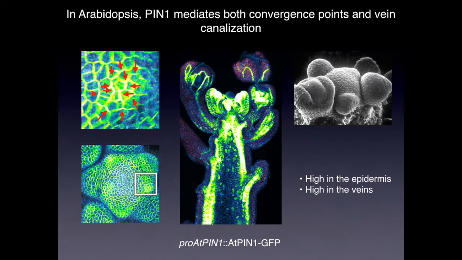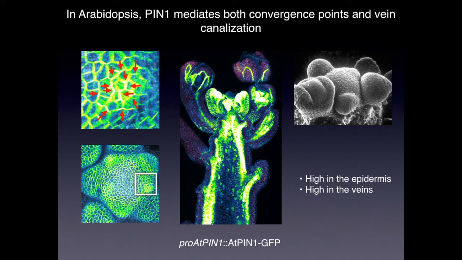What are those features? Well, for that we need to look at the localization, but first I need to show you what Arabidopsis PIN1 looks like in some of the tissues we're going to be looking at. So here is an SEM of Arabidopsis that I've shown you before. When we image this meristem, we look down on top of it, and it spins out flowers and organs in a spiral phyllotaxy. So that's this here, and you can see right here this convergent polarization of Arabidopsis PIN1